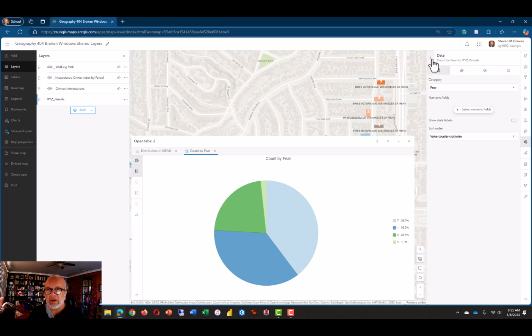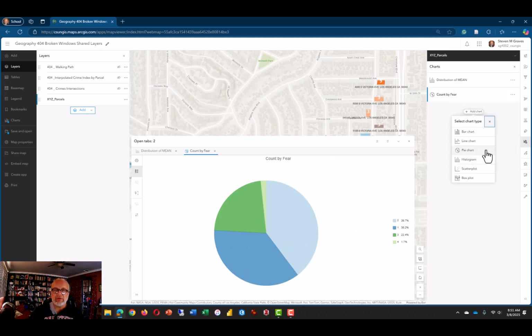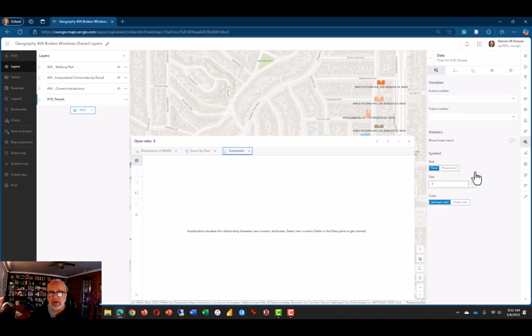So I'm going to click back over here on configure charts and add yet another one. And the most important of these are our scatter plots, because the scatter plot diagrams give us the relationship between two of the data. And for your assignment, what I really want you to do is to make a scatter plot. On the x-axis is going to be crime, and so as on the x is generally the thing that's causing,